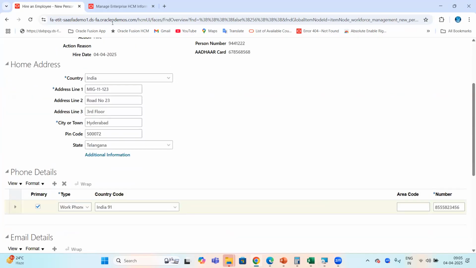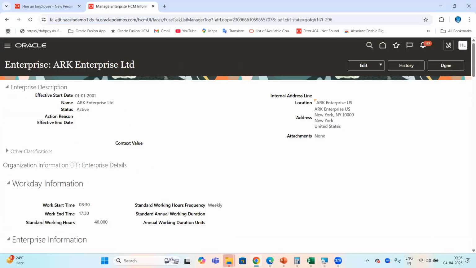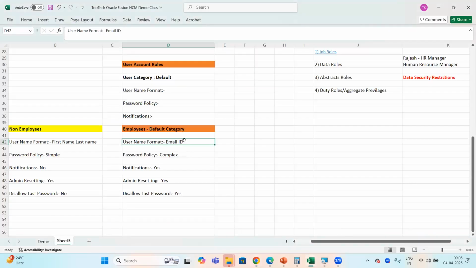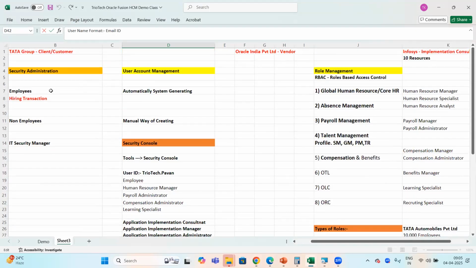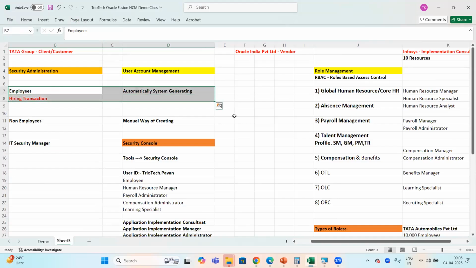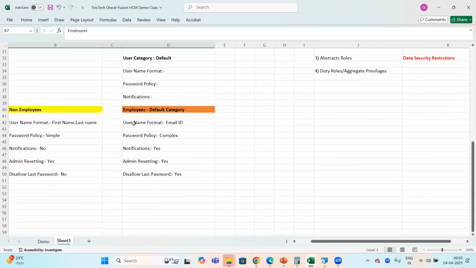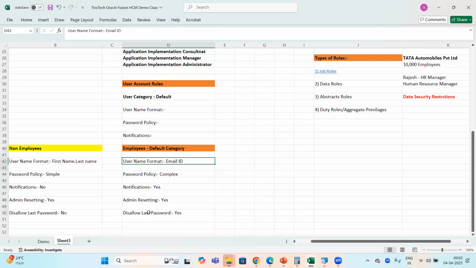But what is the default category-level rule we set up? Username format as email ID we gave. And we all know, right? I told you during that time, all employee accounts in the system by default will be created under the default category. So whatever the user account rules that you want to maintain for the